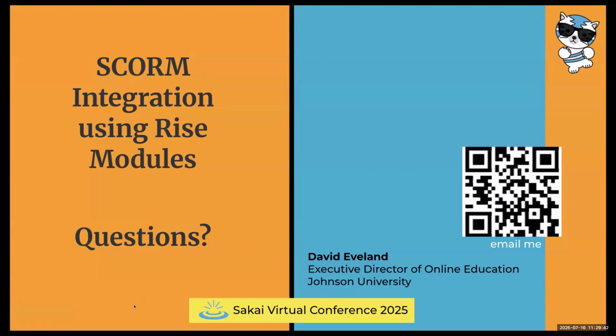Jennifer asks, are these embedded or links students click only? So yes, they are links. We add them inside of Lessons using the Lessons add content link. And then, like I said, we right-click on the SCORM package in Sakai after we add it to the SCORM player, right-click on that link, and then we add that particular link using the add content link in Lessons. And that's how students get them.